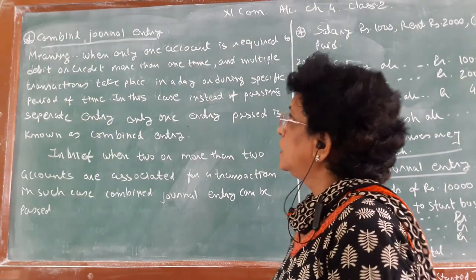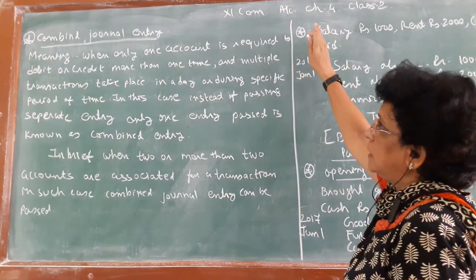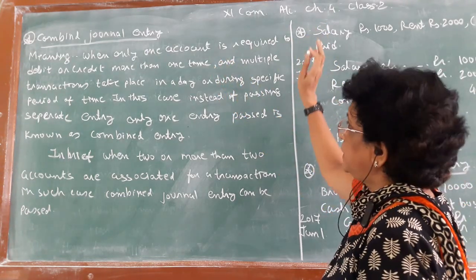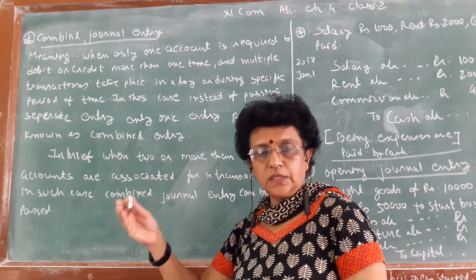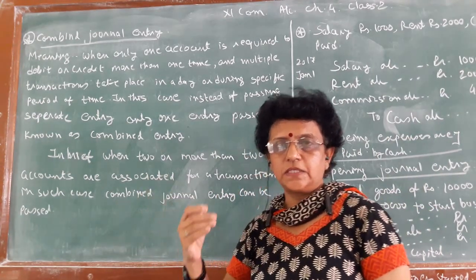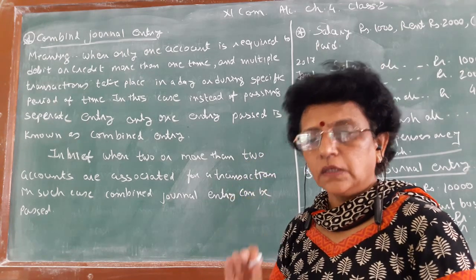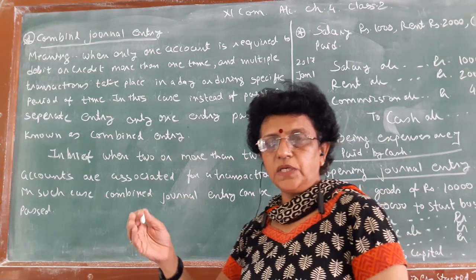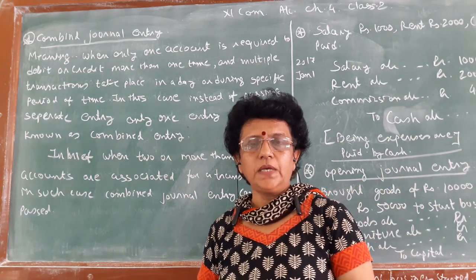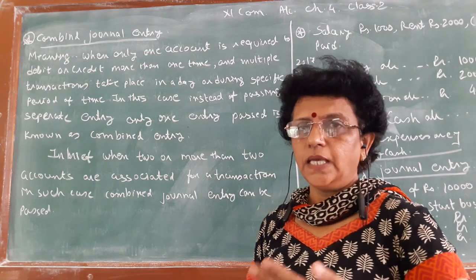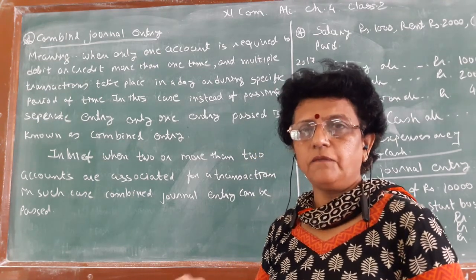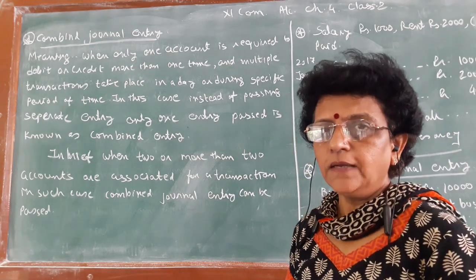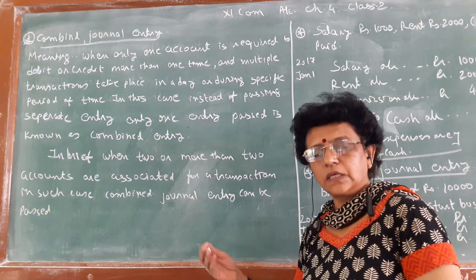Good morning. Let us start with the new concept of combined journal entry. In our previous class, we learned the journal entry, how to record the specimen, and the basic example of a simple two-fold journal entry. Now, in reality, we don't have only two folds. We may have many more folds, and we have to write the journal for the different aspects together. That specific journal entry is known as a combined journal entry.